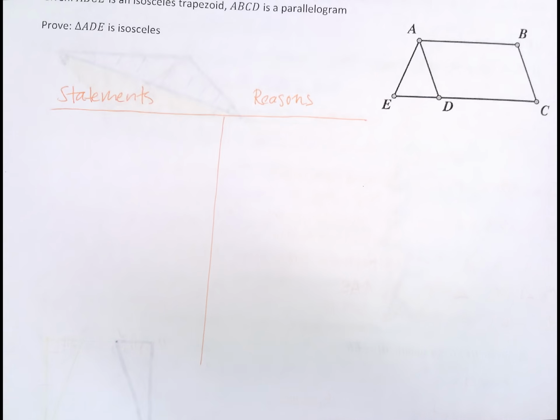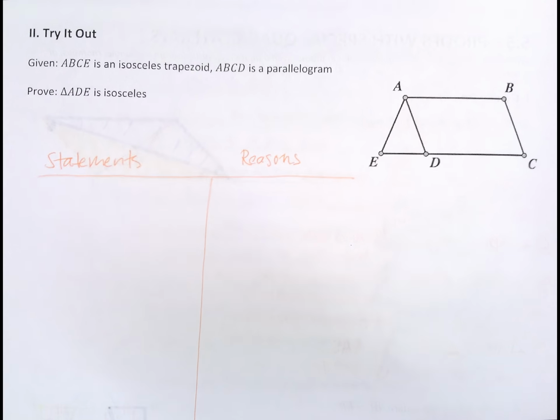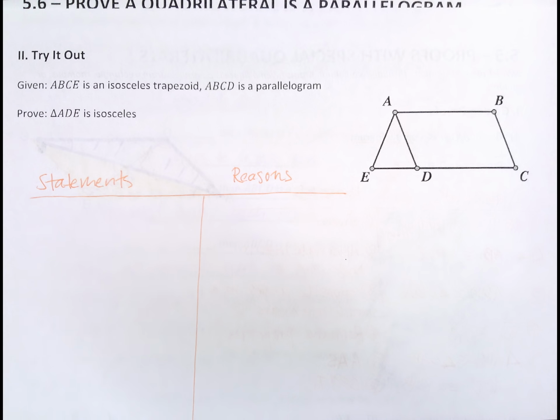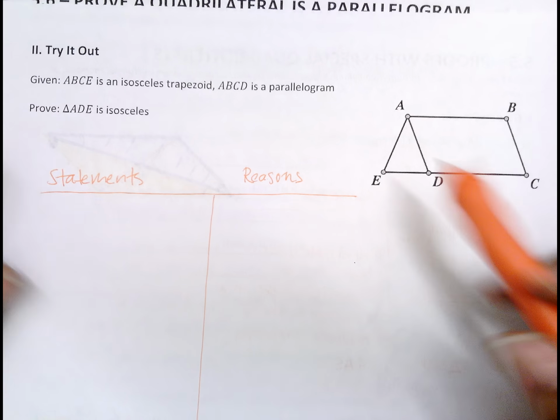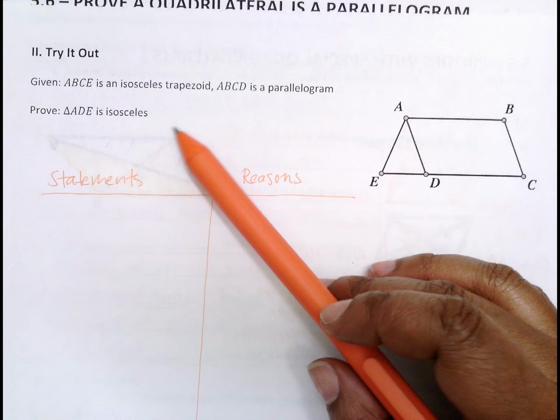is a proof that you're going to be trying on your own. Now, I don't want to hear, Ms. Clark, I didn't understand, I didn't get it, it didn't make sense. I want you to take it upon yourself to try it. Try your best. Write some logical statements, some logical reasons, and really just think it through, okay? That is for you to do, and that's your given. That's what you're trying to prove, that